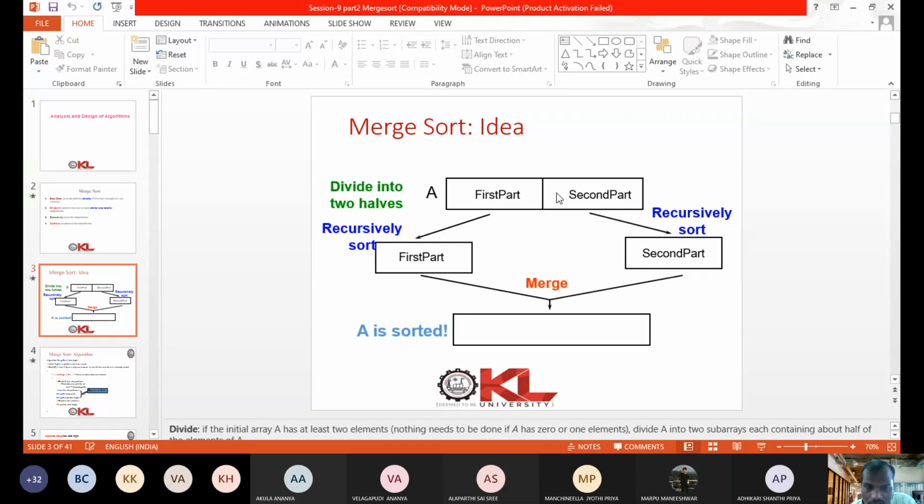Now the first part is sorted recursively. In the same way, the second part is also sorted recursively. So here we use two recursive calls for sorting the first half and second half. Finally, these two sorted subparts, the first part and second part, are merged to get the single sorted list. So this is how merge sort works.